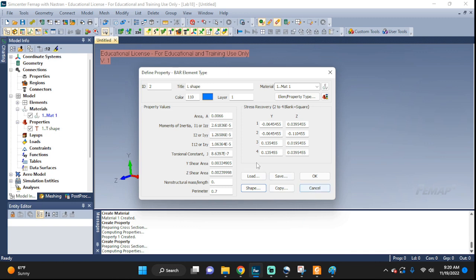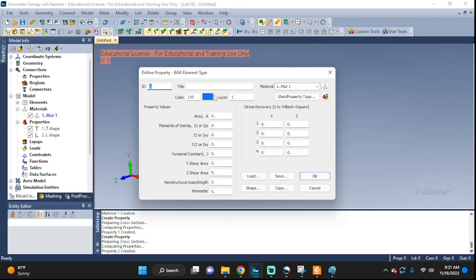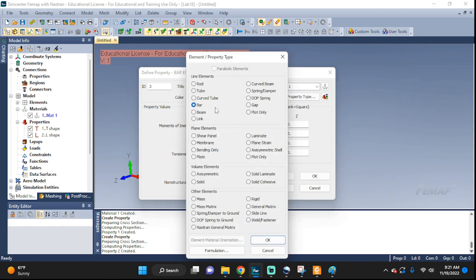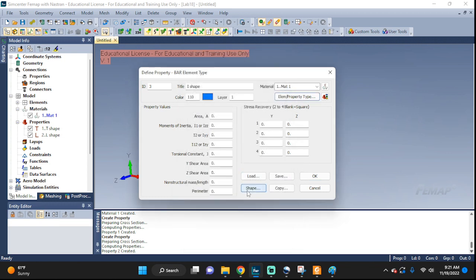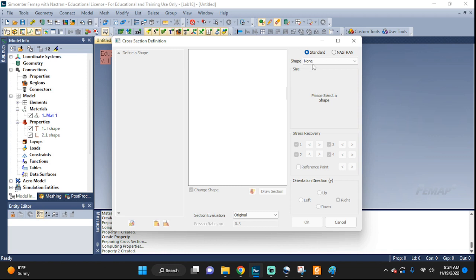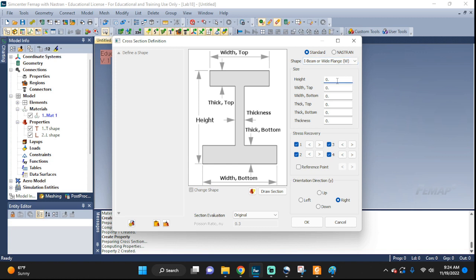Okay, all the information is transferred here. Make sure you click OK. Very good, and you can double check right there. And now we can set up our I shape. Material, element, property bar, go back to the shape. Again, from the standard library, pick I-beam right here. We're going to give the same dimensions, 0.2, width 0.15 we said, width to bottom the same, 0.15, and all the thicknesses